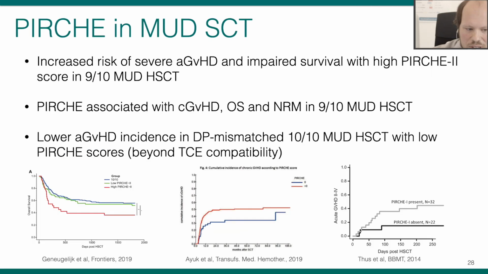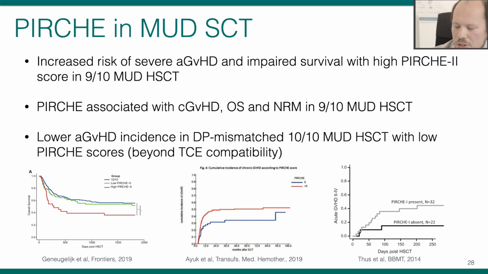So how does that look in the clinics? Well, in 9 out of 10 matched unrelated donor transplantation, you also see a correlation between the Perch score and graft versus host disease, and this then strikes through on overall survival and on relapse mortality. And what's maybe also very important here is to keep in mind this paper from 2014 already,